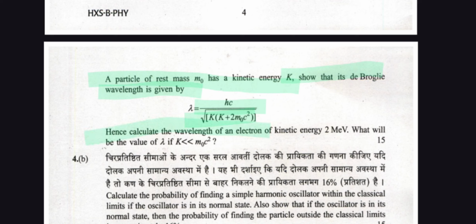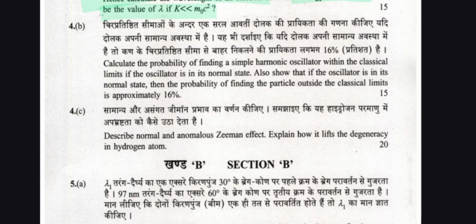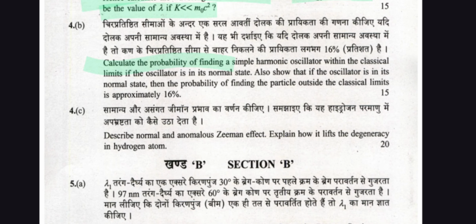Calculate the wavelength of an electron of kinetic energy 2 MeV. What will be the value of lambda if K is less than m0 c squared? Question 4b: calculate the probability of finding a simple harmonic oscillator within the classical limit if the